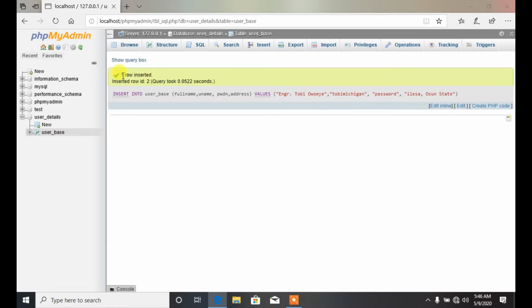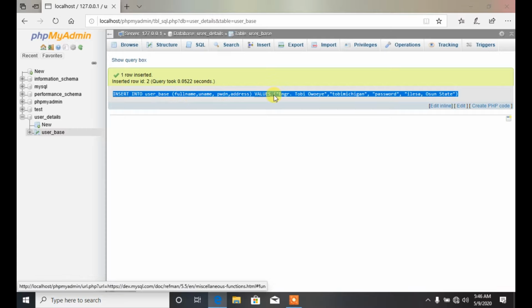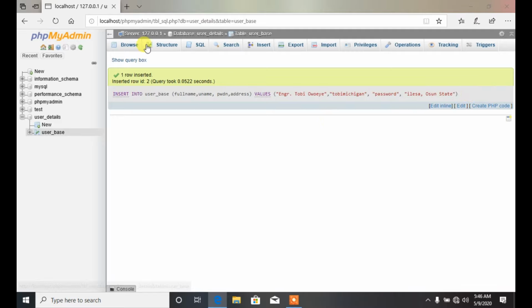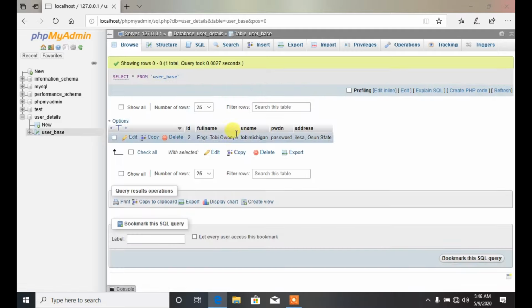Okay, so you see that now one row has been inserted, and this is the SQL syntax that enables that: insert into user base full name, uname, PWDN, address, values, and then the values we typed. That is it. And if you check your browse tab now, you're simply going to see what we have inserted there. We initially inserted a record that we didn't truncate. If we wanted to start from 1, then we ensure that nothing has been inserted prior to this. So let's try and insert one more record